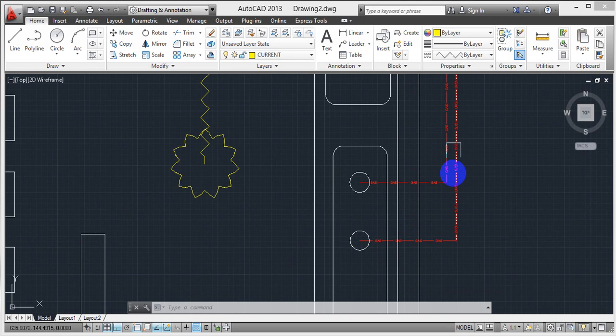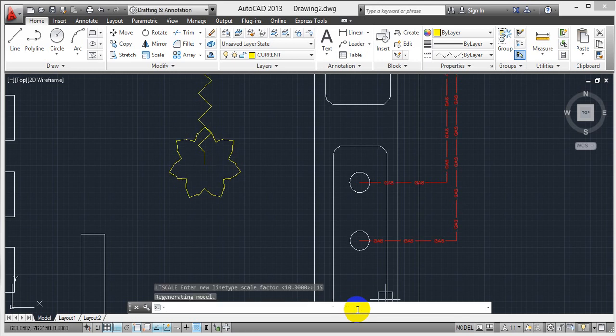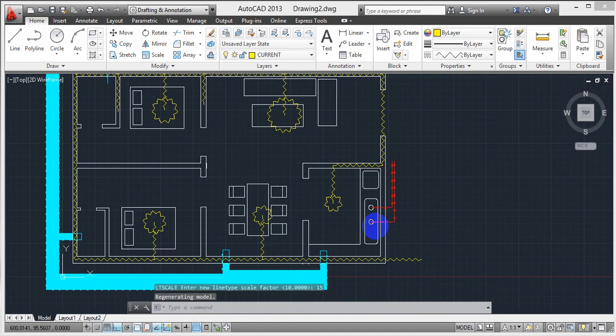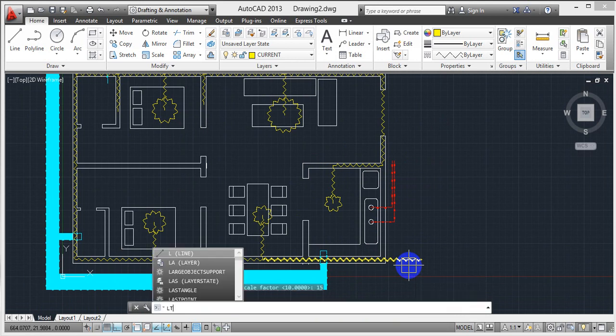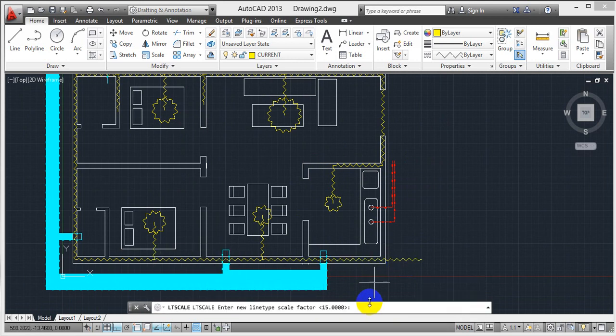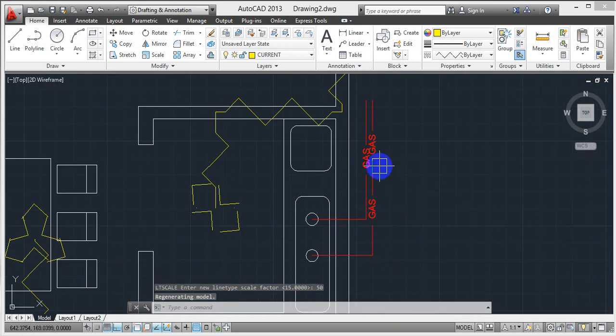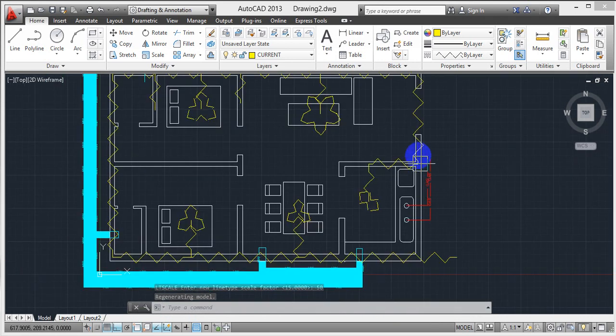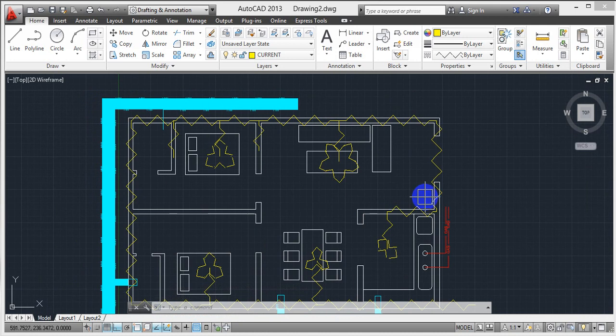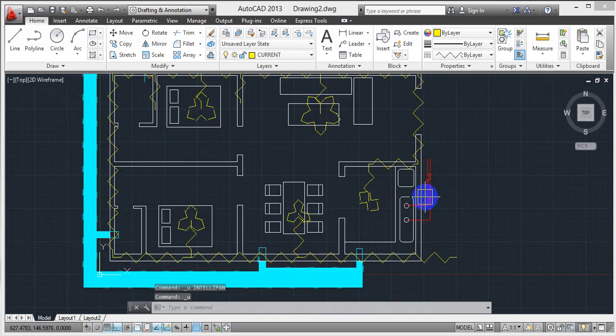Okay, I have told you how to increase the gas line type area. Simply type here LTS, line type scale. Already we have 10, I am making it 15, enter. If you select normally, every line type will be changed. See, in this area I want to see the gas line type. Now LTS, enter, then select. Here I am selecting 50 directly. So you can see the gas line type easily. But the remaining line types are a little bit disturbed because of the compressing of the area. Control Z.